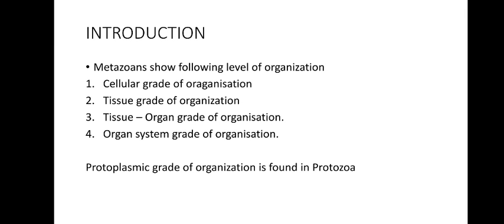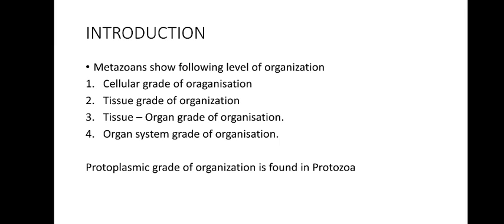Now, what is this level of organization? You all know that living organisms, either plant or animal, are made up of cells. And we also know that a cell is a unit of structure, that means histology, and function, physiology. So, it is a unit of structure as well as unit of function of both animals as well as of plants. And so here these cells are differentiated and then accompanied by a physiological division of labor.